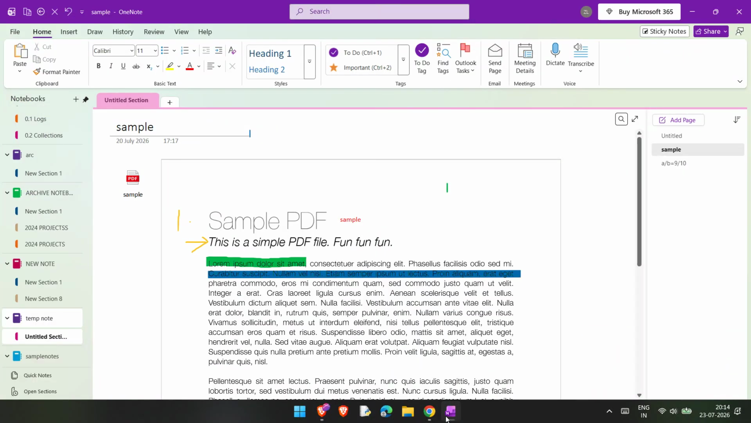If OneNote is showing blank pages, invisible text, weird colors, or a display error that makes your notes hard to read, don't worry. This usually means the color rendering engine or cache has gotten stuck. In this video, I'll show you a simple step-by-step fix for the OneNote display error on Windows,